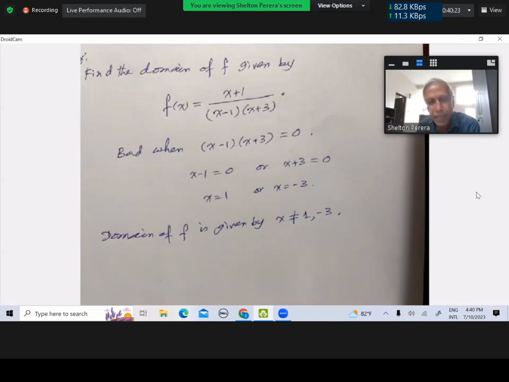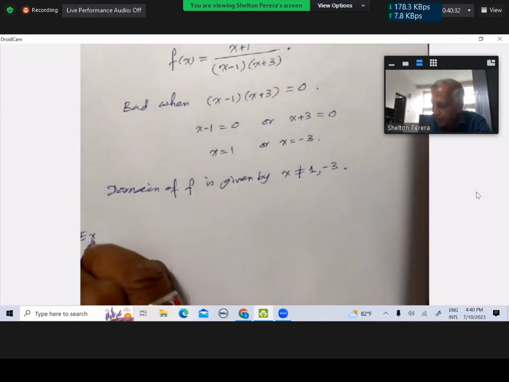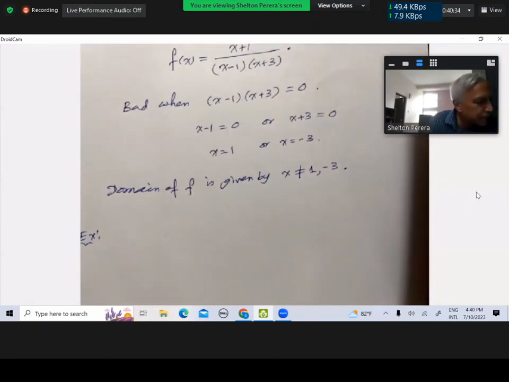Domain is given by x not equal to 1, x not equal to minus 3. Now, last example, and you will be doing some examples of this nature in your